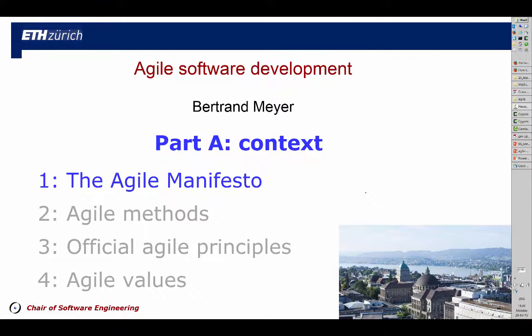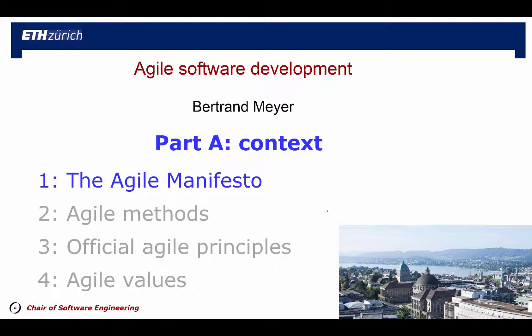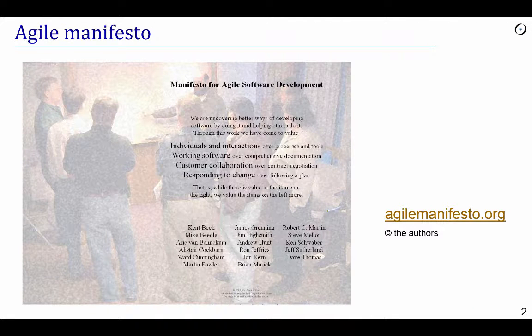Agile methods came into prominence at the time of the publication of the so-called Agile Manifesto in 2001. This was, as the name suggests, a pamphlet, a manifesto designed to attract the world's attention on the need to develop software differently. The manifesto was the work of a number of people. The original signatories of the manifesto